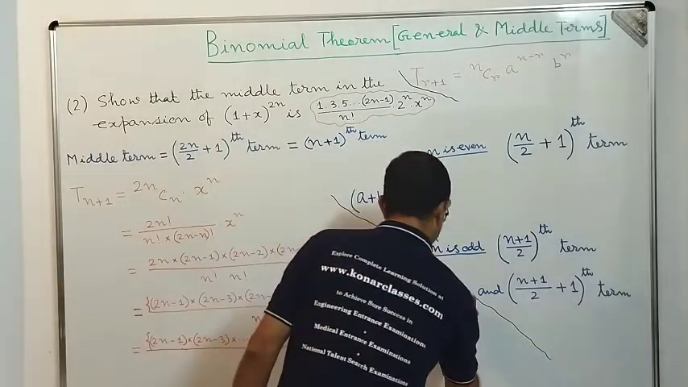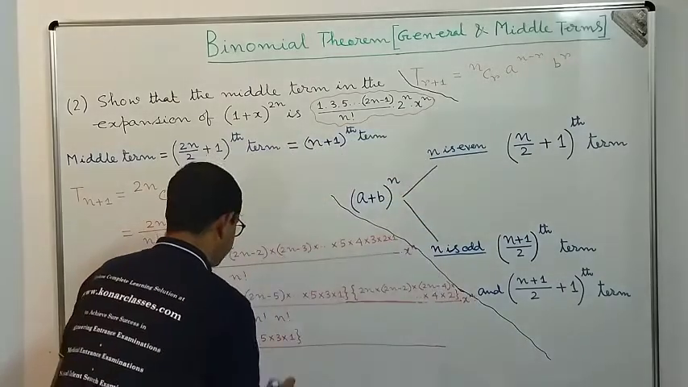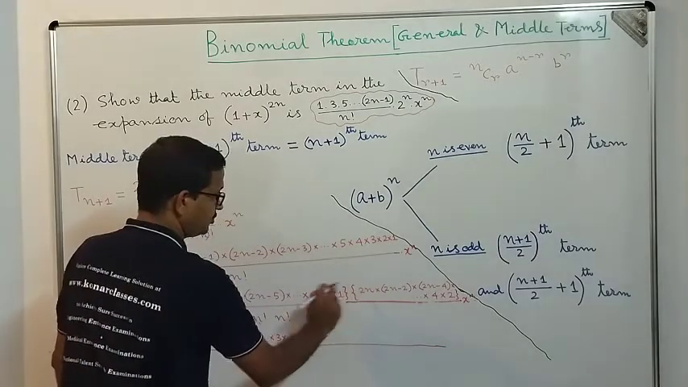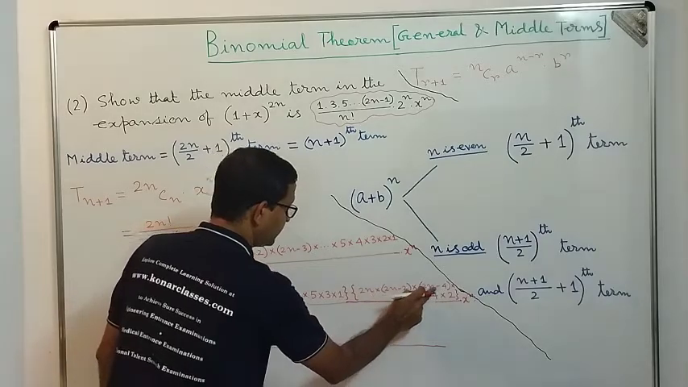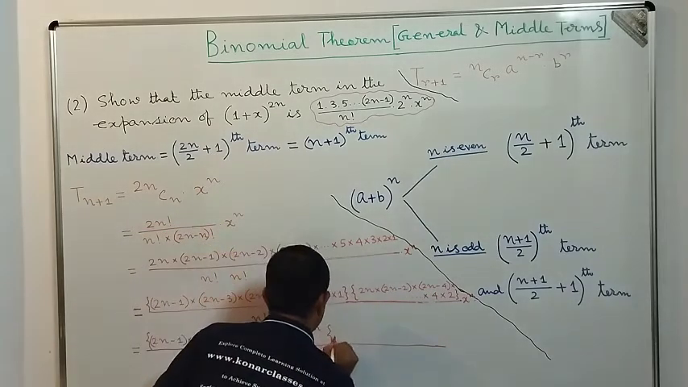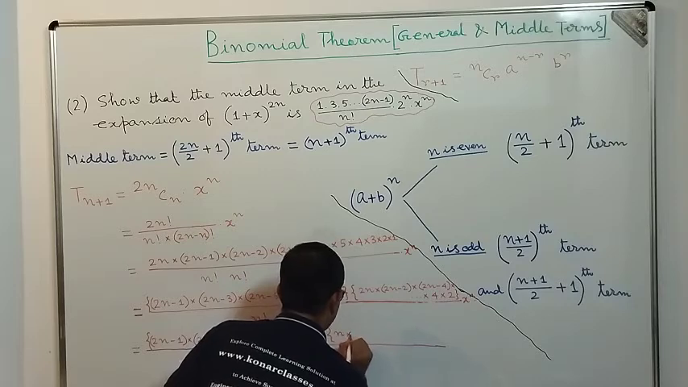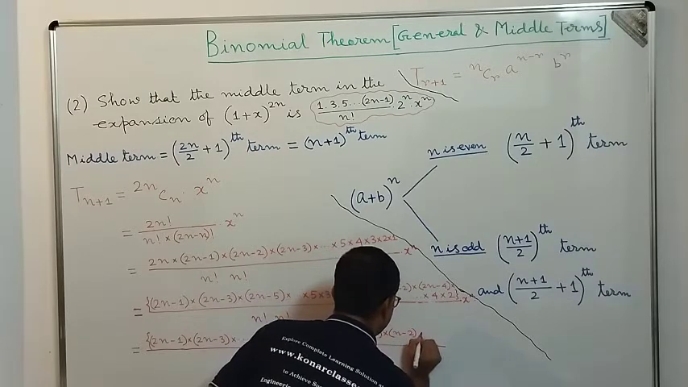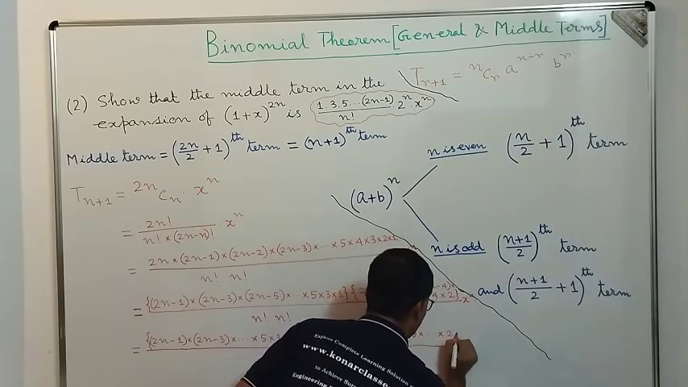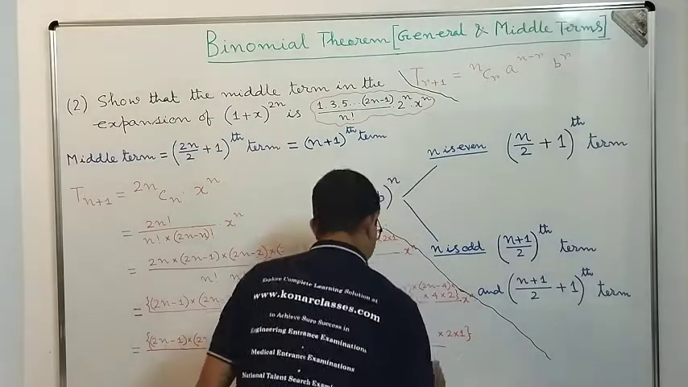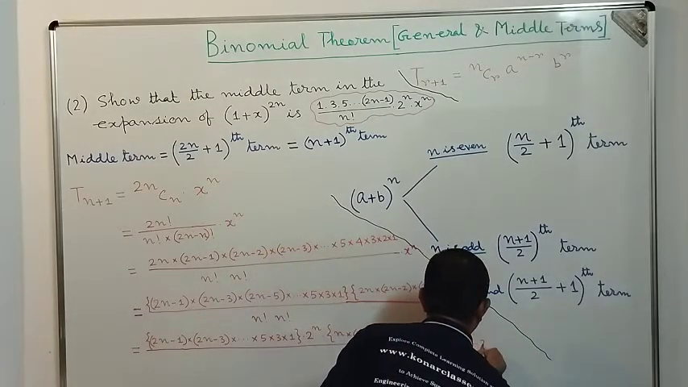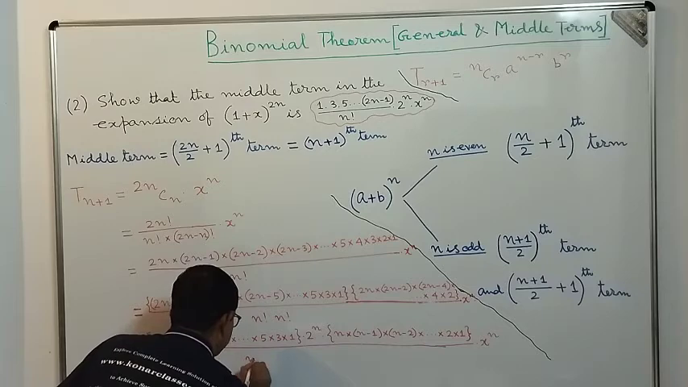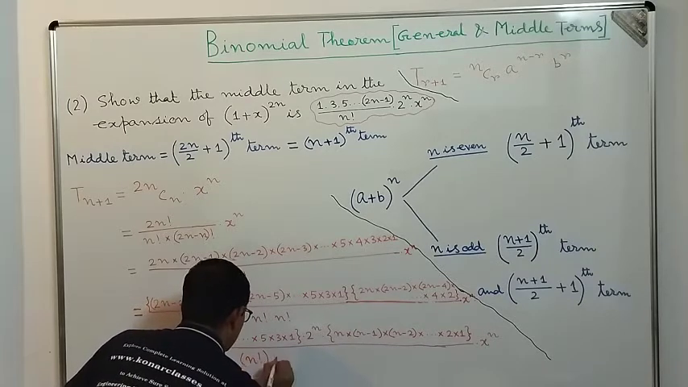We will get 2 to the power n. So we get here 2 to the power n into what we are left with after taking 2 to the power n common, n into n minus 1 into n minus 2 up to 1. So we get n into n minus 1 into n minus 2, in that way it continues till 2 into 1, correct? And into x to the power n. And in the denominator what we get, dear students? In the denominator we get n factorial into n factorial,